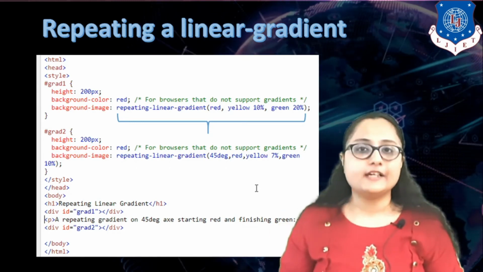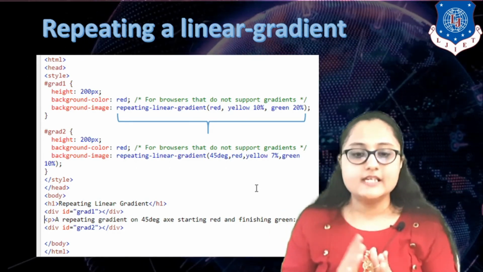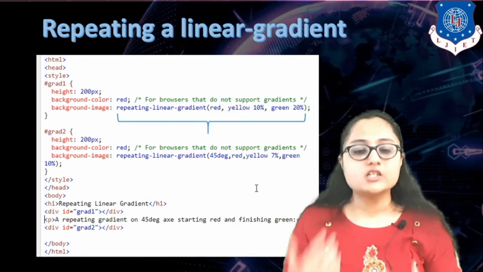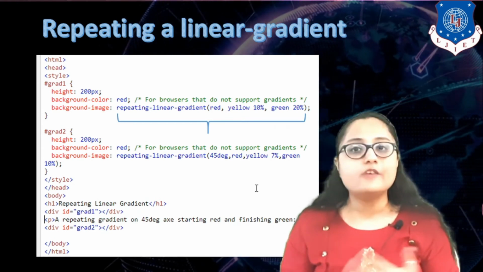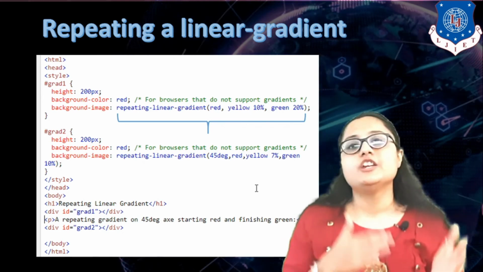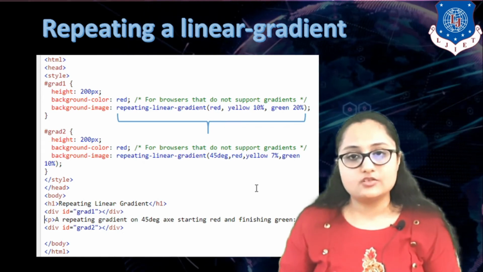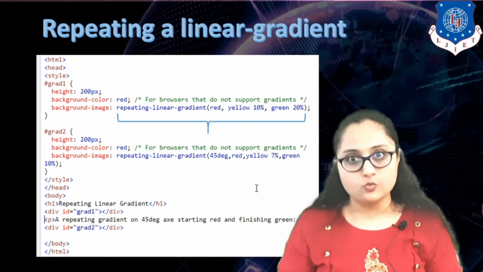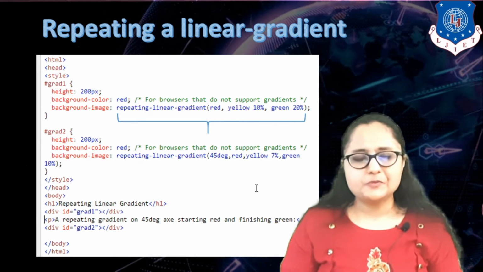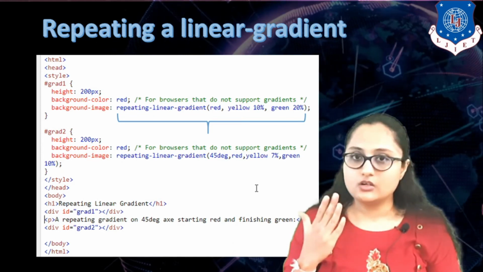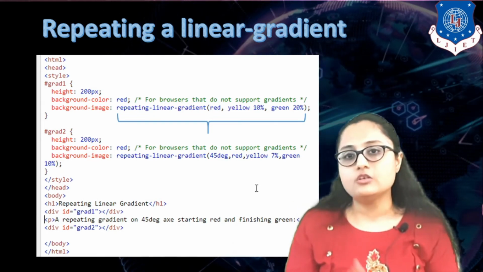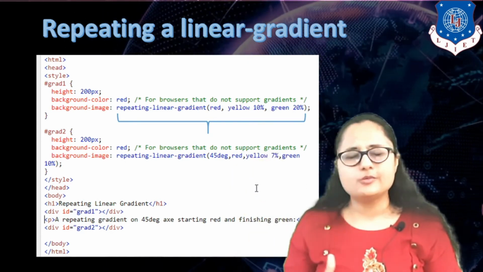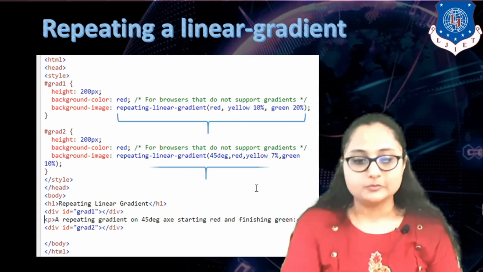Inside the bracket of repeating linear gradient I have again specified the color stops. But you may see the variation, and ask, what is this 10% and 20% that you have written? That means whenever you are transitioning from one color to another, what is the proportion of color that you want? So if I am specifying yellow 10%, it means the color proportion of yellow from the overall transition should be only 10%, green should be 20%, and red should be maximum.